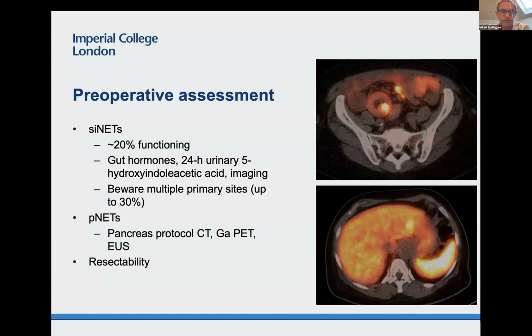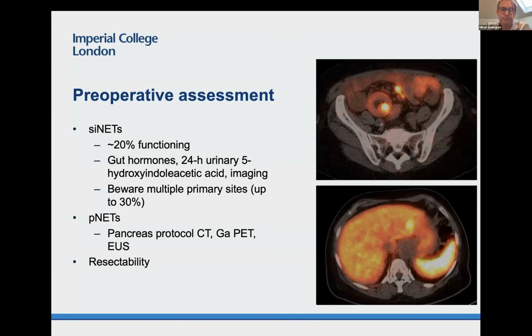For pancreatic neuroendocrine tumors, the cross-sectional imaging is often the first investigation that we get. We use gallium dotatate PET scans for staging of pretty much all neuroendocrine tumors, as you heard in the previous presentation. And for pancreatic neuroendocrine tumors, the way that we get further radiological clarity in terms of anatomy for resectability, relationship with major vasculature, and also for histological diagnosis is through endoscopic ultrasound.